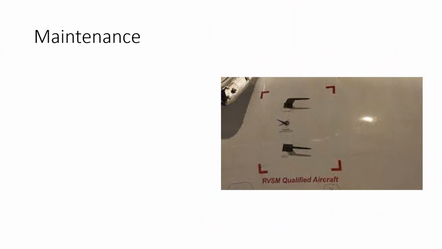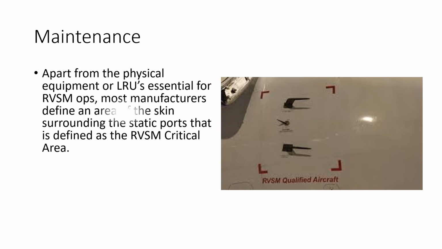So let's look at the maintenance issues specifically. Now, apart from all those critical components or minimum equipment that we saw on the previous slide, apart from those LRUs and specific LRUs that we need for it to be RVSM capable,